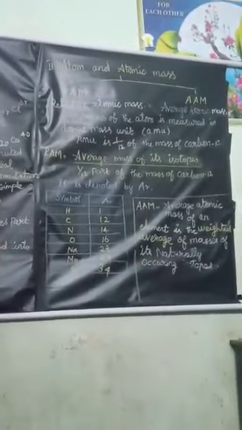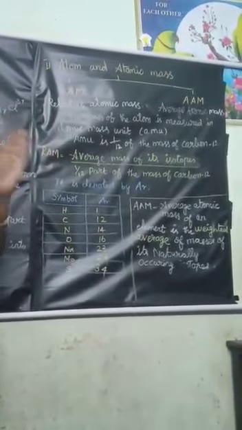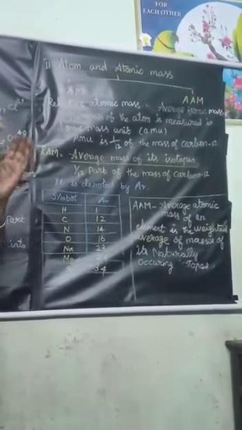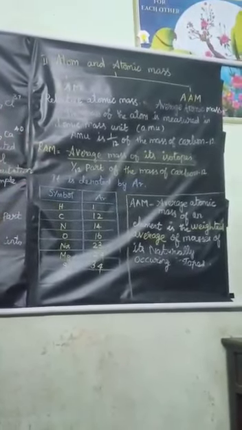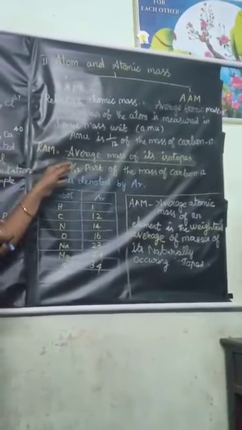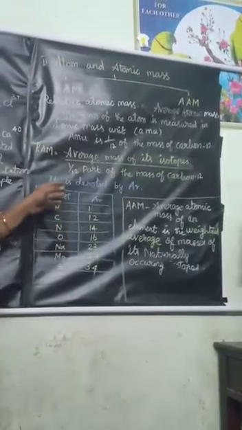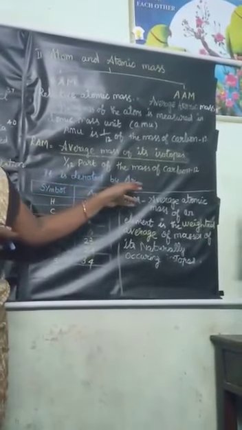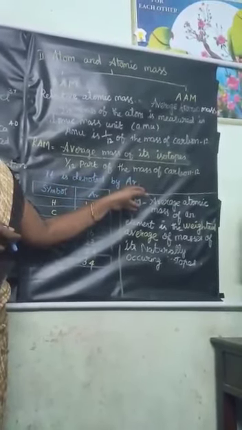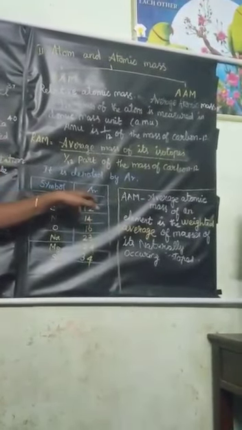Okay. So in the early stage, how did they find the atomic mass? They just related the mass of the atom of one element to the mass of atom of another element. Okay, so that is called relative atomic mass. From that they found out the relative masses of the elements, and it is denoted by the letter Ar. Right? Here now we are going to see the symbol and the value of Ar.